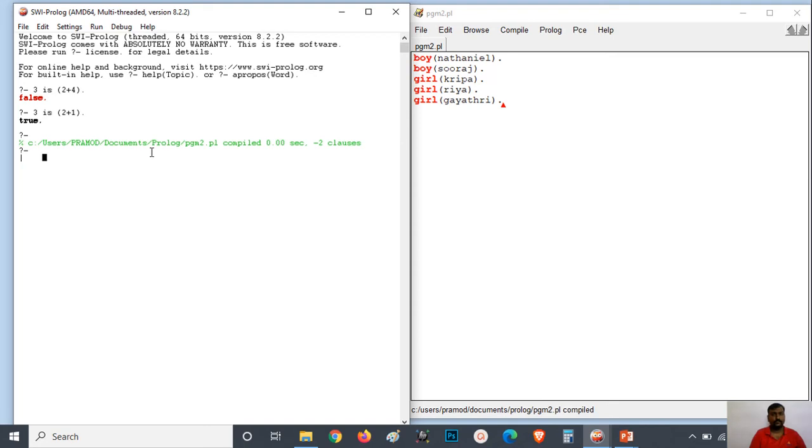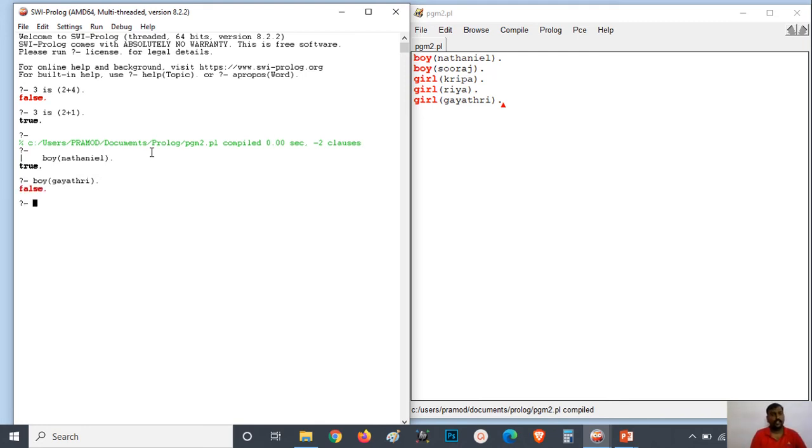For example, I am asking boy of Nathaniel. That is, if Nathaniel is a boy, it is returning true. I am writing boy of Gayatri. Is Gayatri a boy?